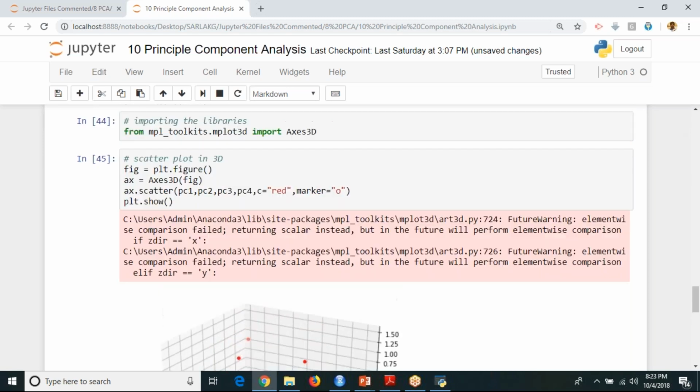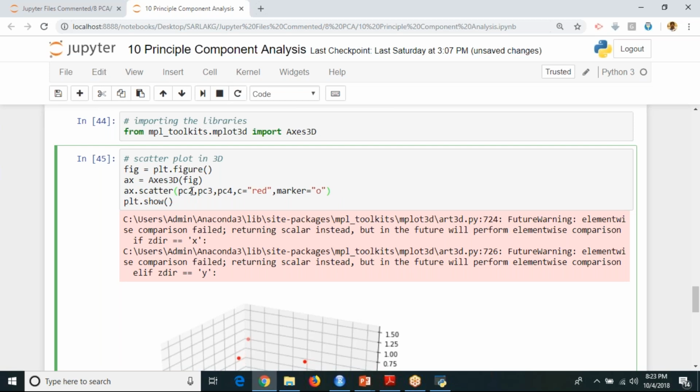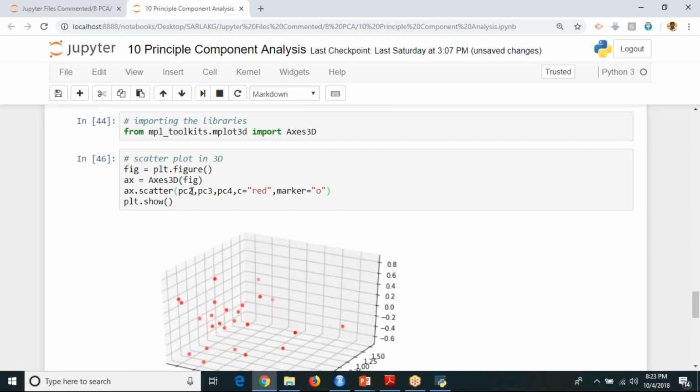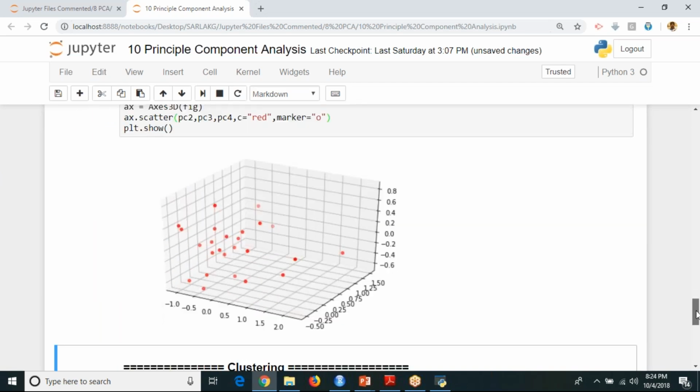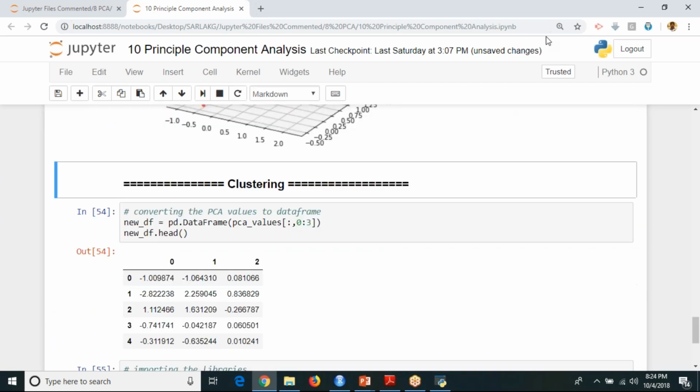Axes3D is your 3D image function. Here I am passing PC1, PC2, PC3, PC4. If I remove this, it will plot, but you will not be able to visualize it again. So that's the reason you should generally not go for 3D images. Forget about that. That is a part of your 3D image.